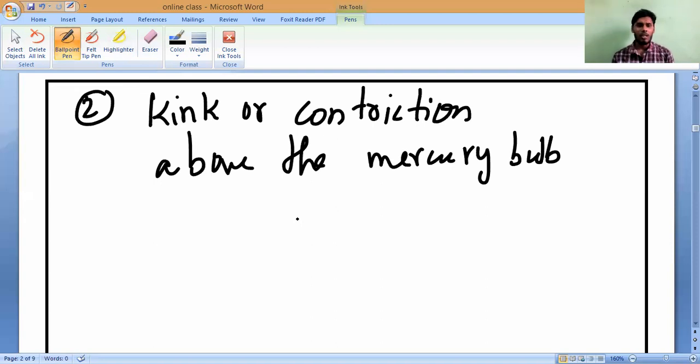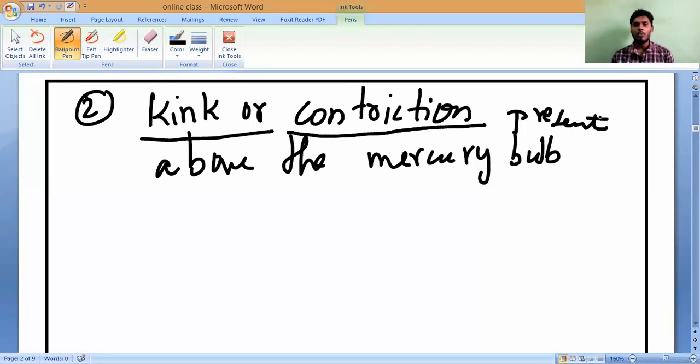Sir, what is the use of this? That is what you may ask me. Sir, if the constriction is present above the mercury bulb, then what is the advantage, sir? What is the advantage of this? You may see that the laboratory thermometer,